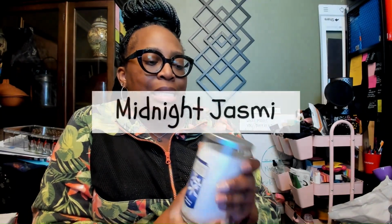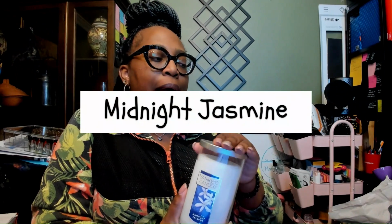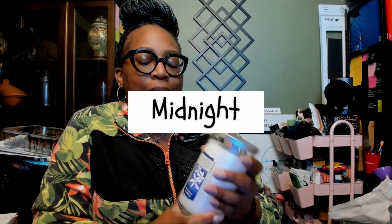All right, this next one is another fave, and I have it in a classic jar, but it was almost out. So I decided to get this jar because it was on sale, but I really need to go back and get the classic, and it's the Midnight Jasmine. The Midnight Jasmine scent